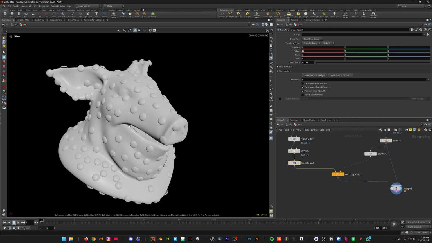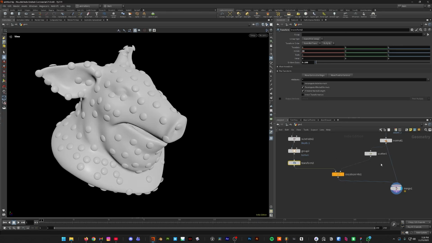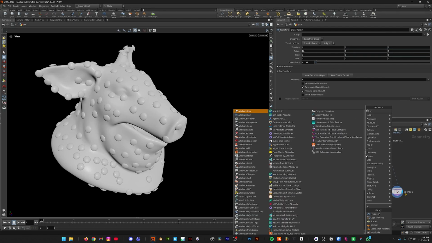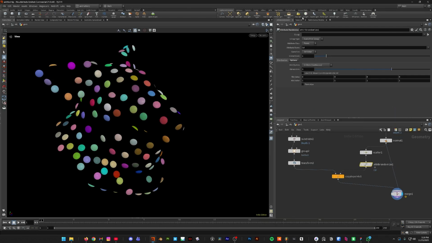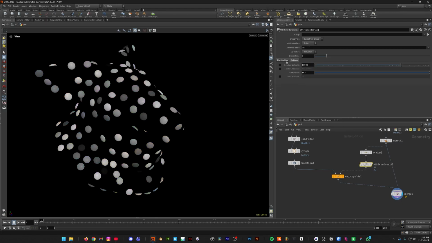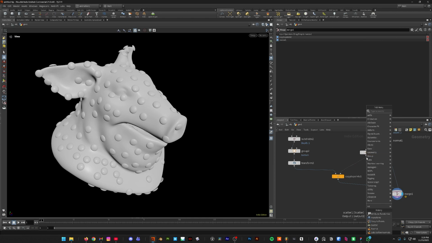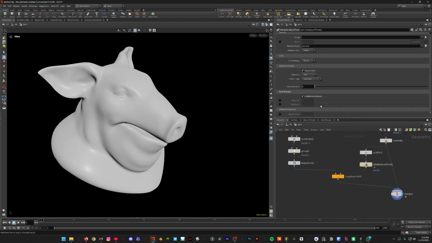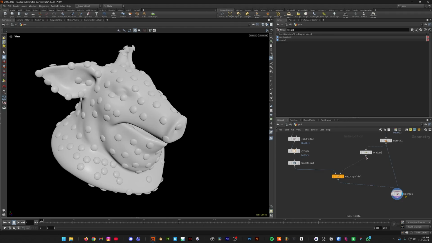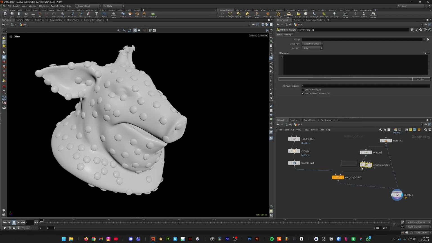So what we want to do now is randomize the scale. So you've got a few options to do this. You could do an attribute randomize and just use p-scale, but you don't get a remap ramp, which we do want. If you do attribute adjust float, same thing, you don't get a ramp here. So instead we're going to use VEX. So let's drop down a wrangle,